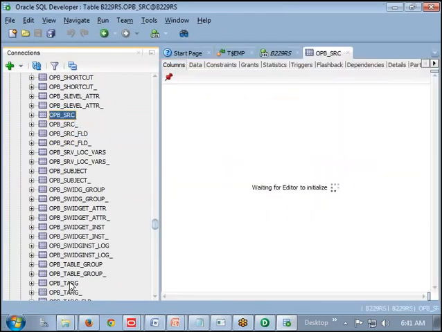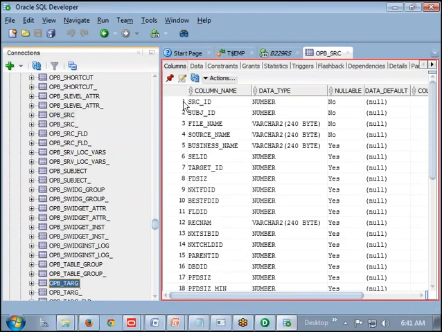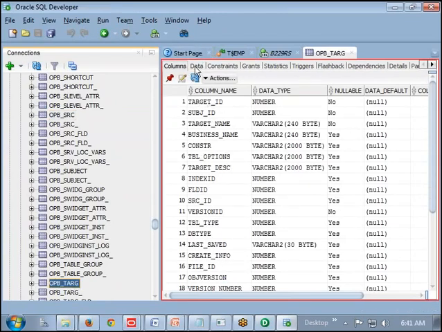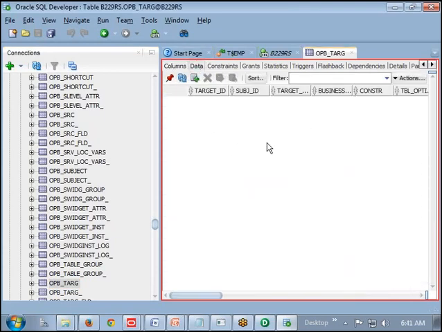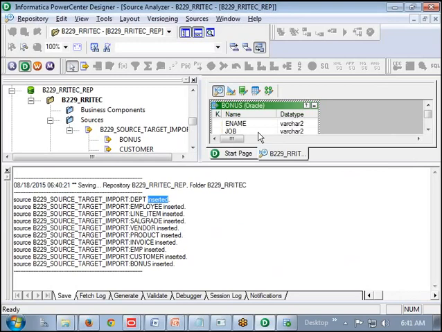Now, the OPB_TARG table, if you see, do we have any records here? Ideally, we won't have any records here. No. But once you import the targets and click on save, then you can expect some records. Yes. This is just for your understanding only. No one is going to ask you which information is stored where in which table of the backend. Whatever you are doing in this tool, that information is physically stored in the backend repository, in those 512 tables.